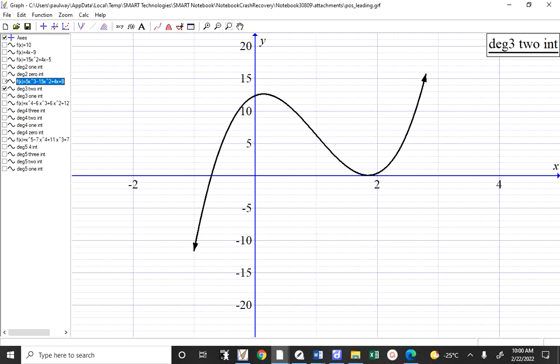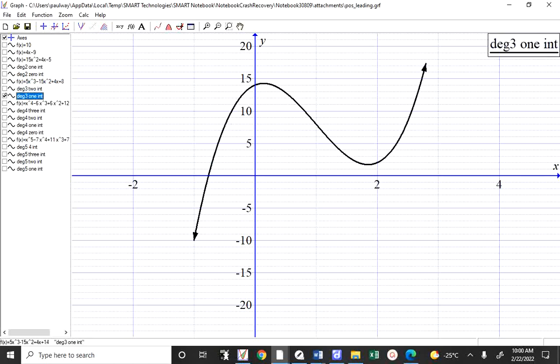Is it possible to have 1? Well, if I continue to shift this up, certainly we can have 1. Is it possible to have 0? No, it's not possible to have 0. And the reason is that the 2 arms are going in opposite directions. Now, this gets a little bit tricky, but I hope you're seeing the reason why these 2 arms are going in opposite directions for a cubic